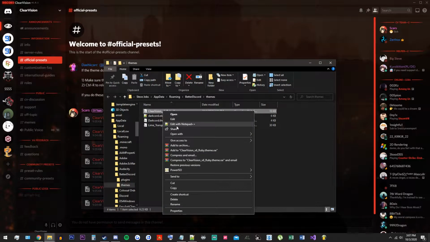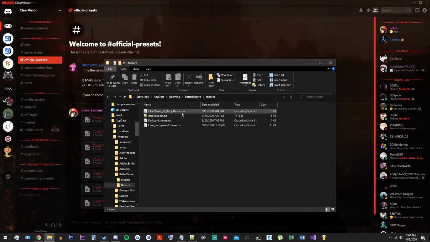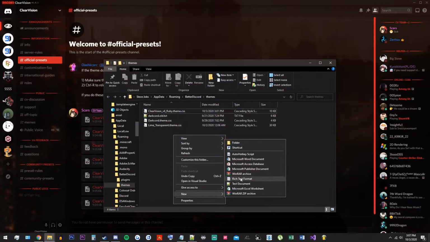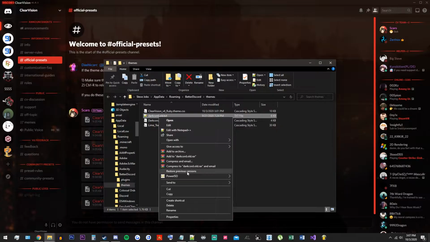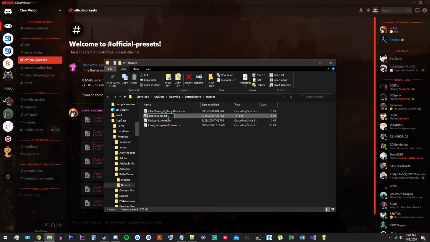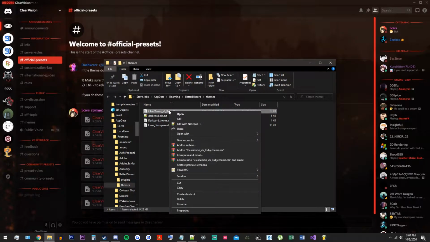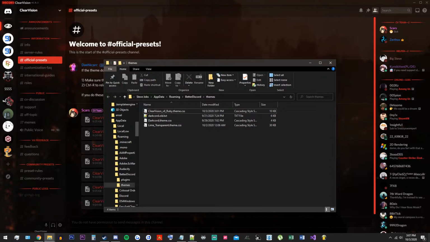We're just going to open the theme itself with Notepad. Now, if your theme is not a .theme.css, it probably won't work for you. So say if somebody gives you a bunch of code for another theme, you're going to need to make a file. You can just make a new text document and then change its properties to .theme.css at the back here, and it should work for you, and then you just load it as normal. But for right now, I'm just going to open this with Notepad++. I prefer it because it gives me some nice colors